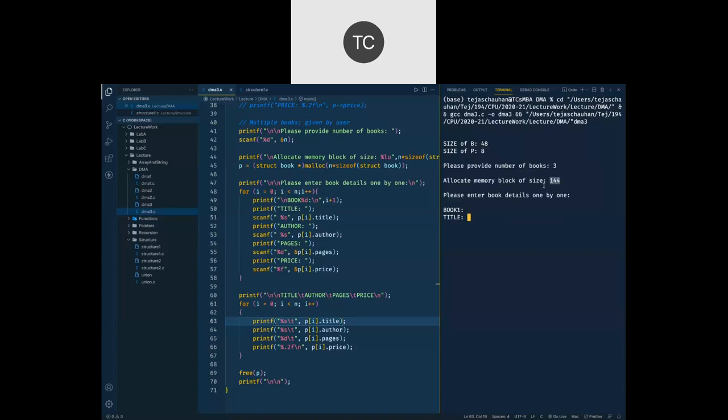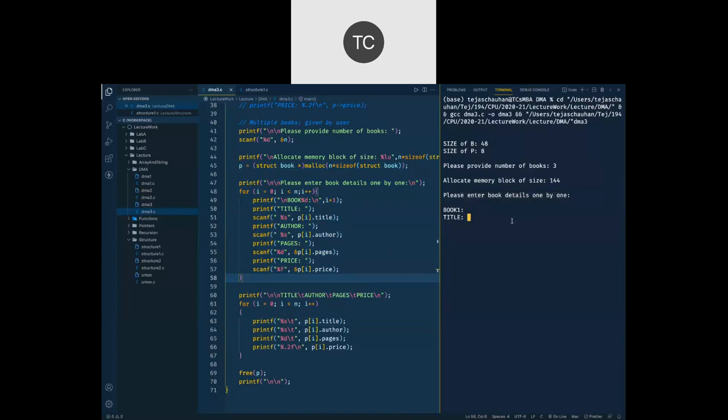And we are going to allocate 144 bytes using this malloc. Now once we have allocated that memory block, we can go and ask user to enter the details.